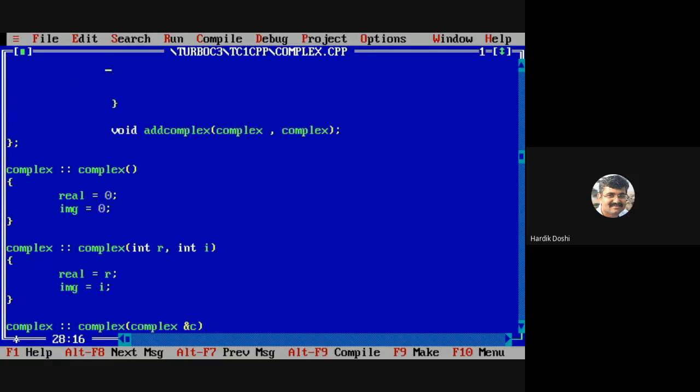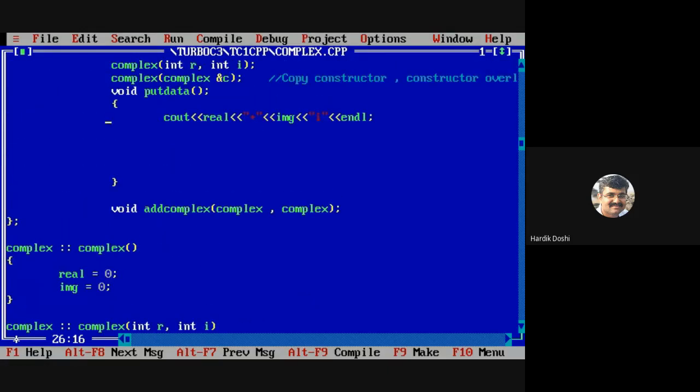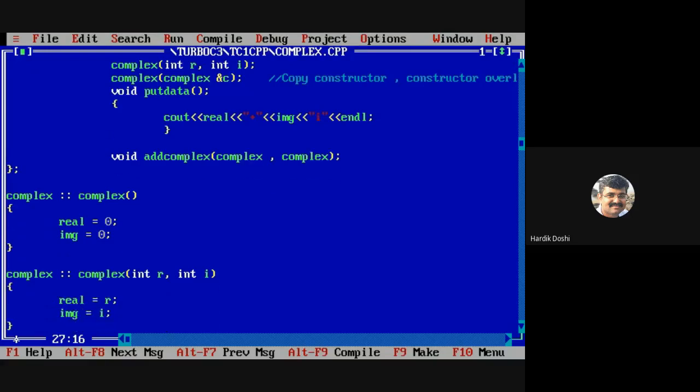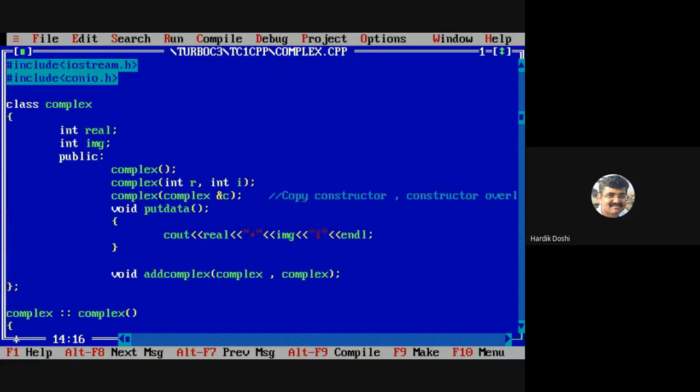Say for example, this is our constructor, wherein I want the imaginary value to have a default of 10 every time. If I don't specify, then it should take this particular value.